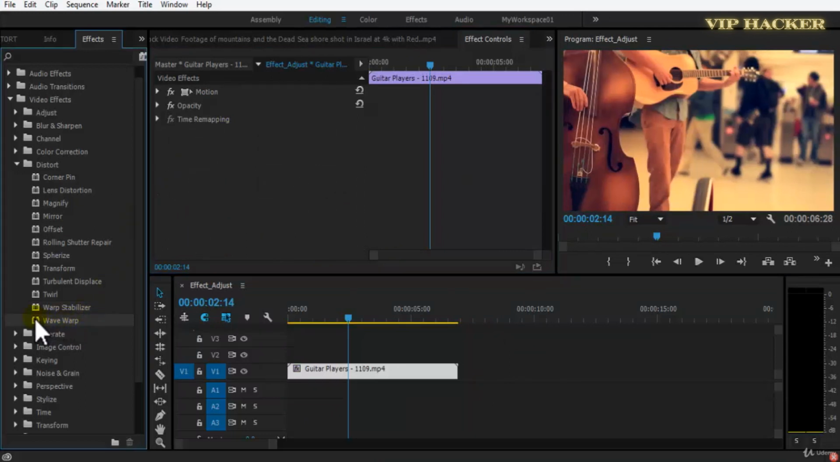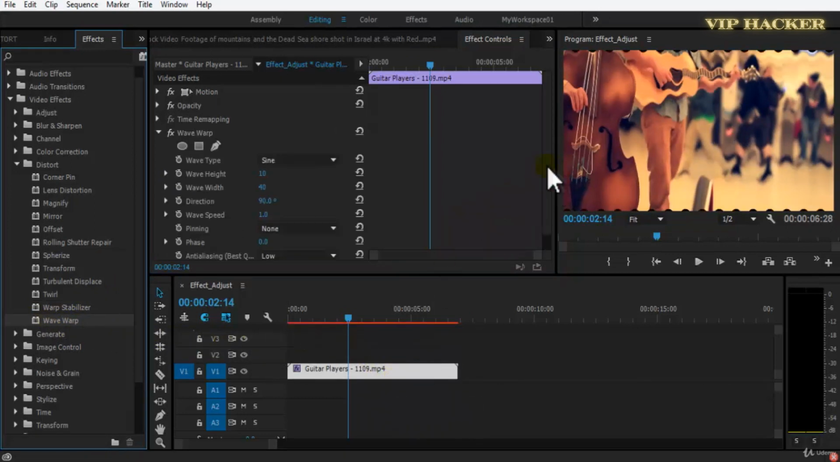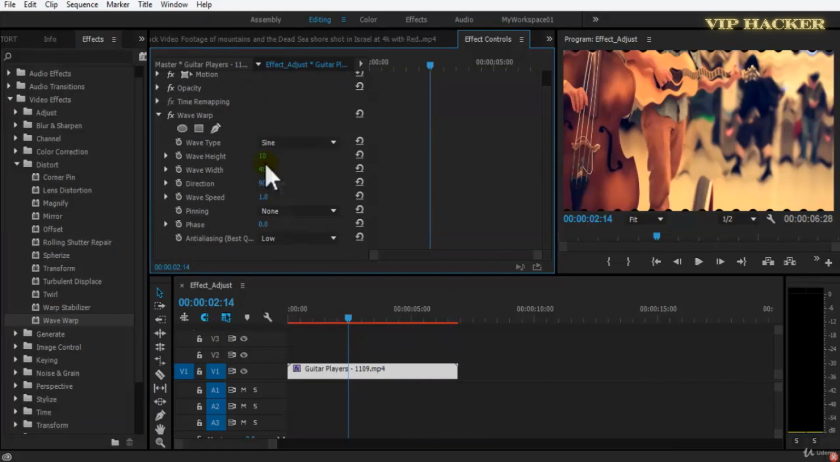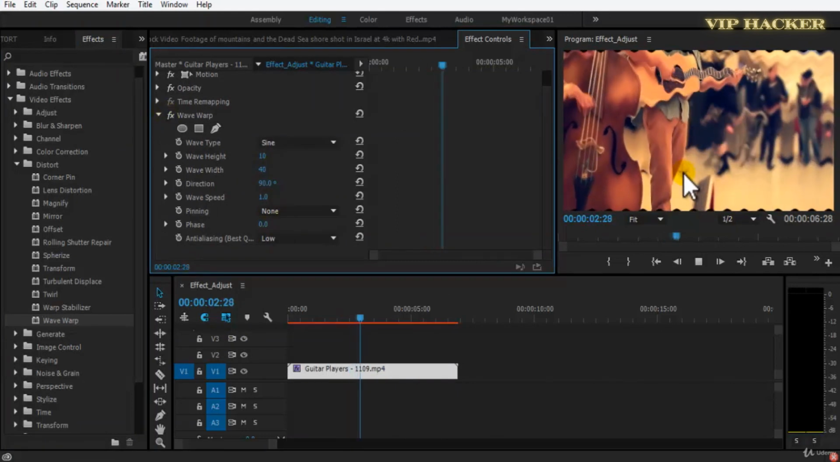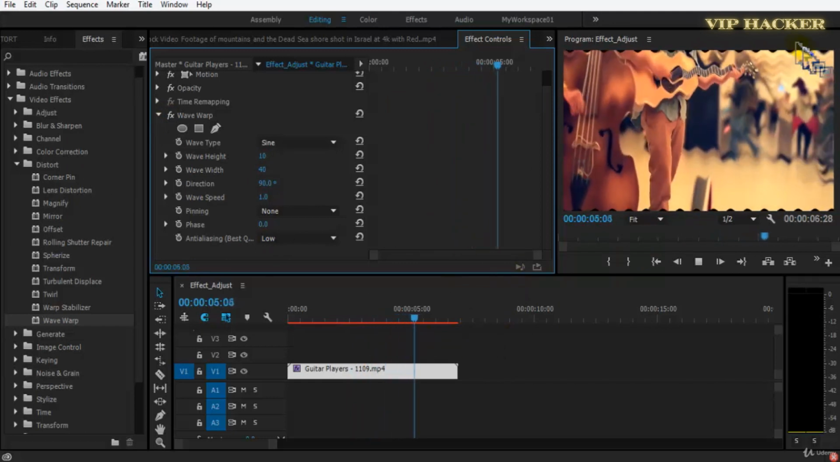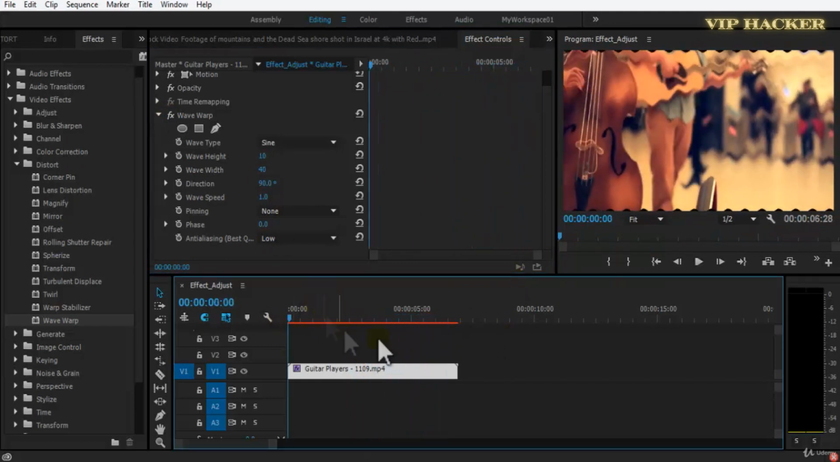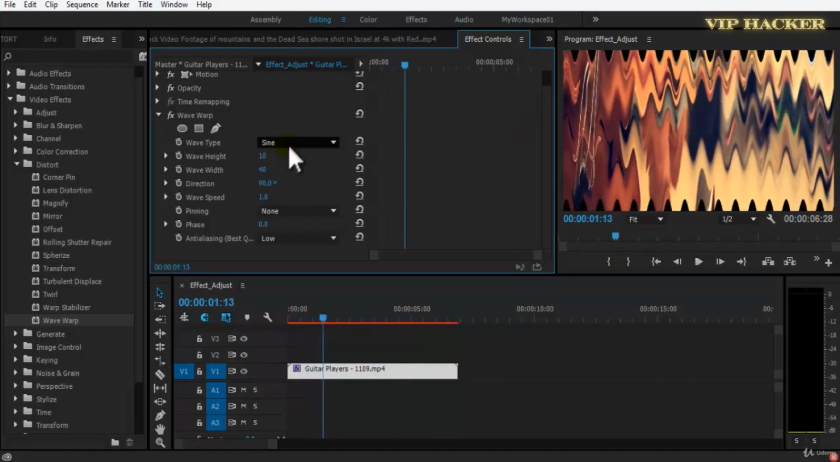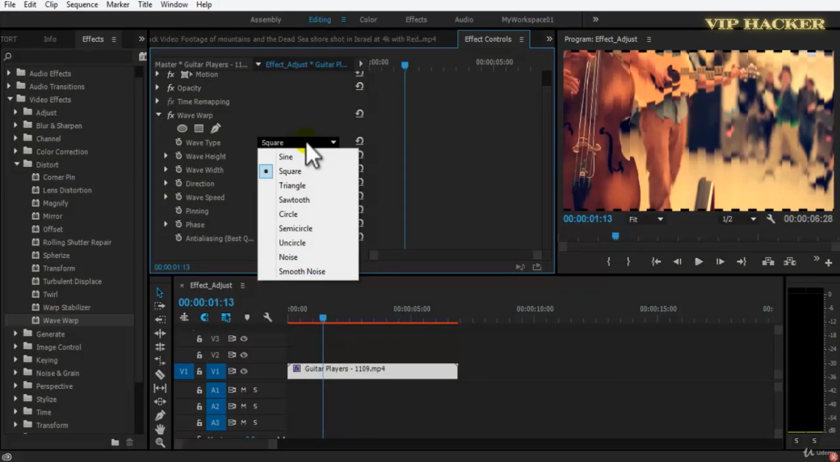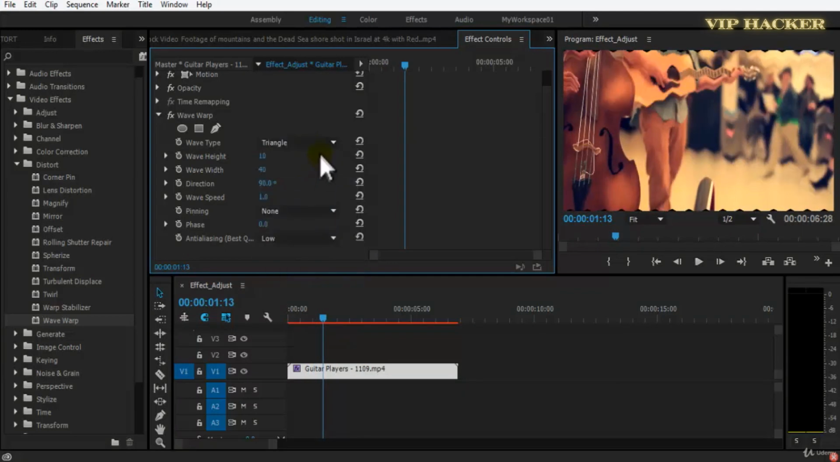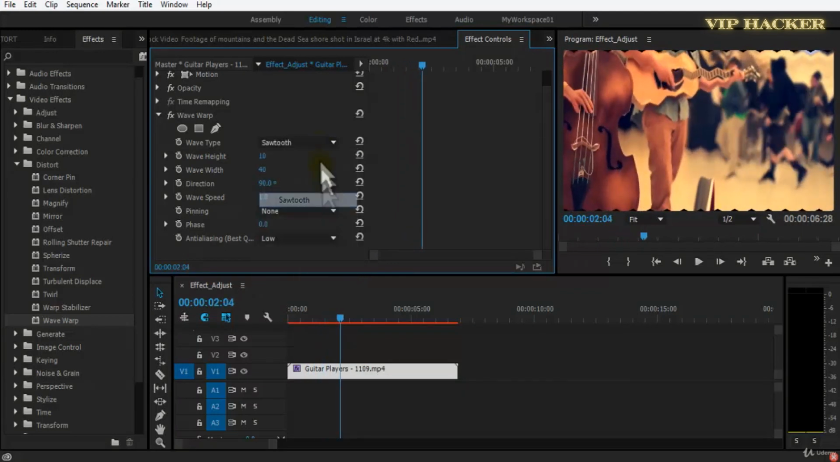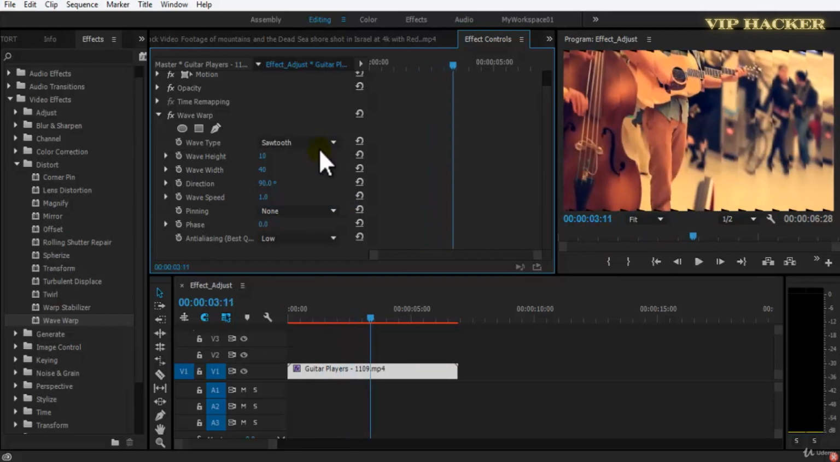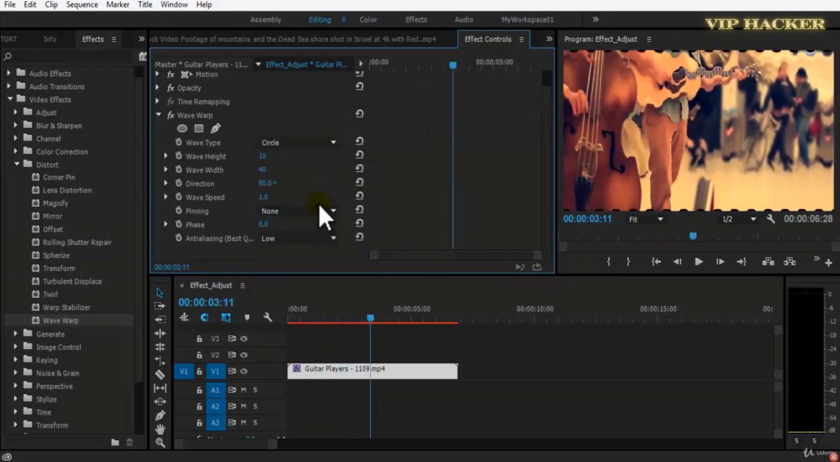Now let's come to the last effect, which is wave warp in our distort effects. If I uncheck this, you can see this has created this effect and it is moving on. This wave kind of effect has been created. If we increase the wave height, this is a sine, this is a square. These are the different shapes. Triangle, then sawtooth, circle,